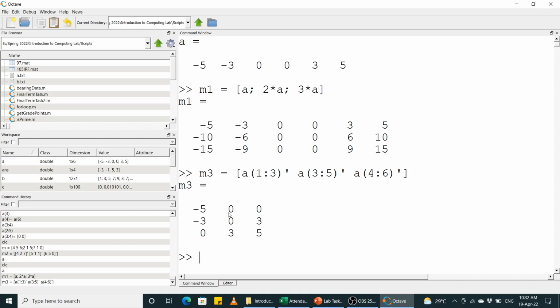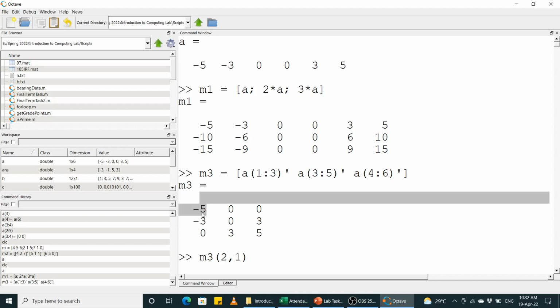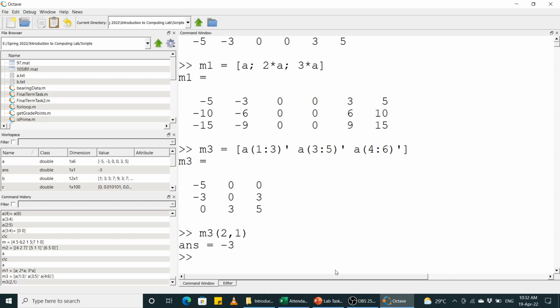तो इसका रो और कॉलम इंडेक्स क्या है? 1 1। इसका रो और कॉलम इंडेक्स है 1 2, 1 3, 2 1, 2 2, 2 3, 3 1, 3 2, 3 3. So say for example we want to access this particular element, M3 का element at row number 2 column number 1, ठीक है। So this is row number 2 and this is column number 1. इन दोनों का intersection इस point पे होता है -3. So अगर आप ये कहते हैं तो you will get -3, ठीक है।